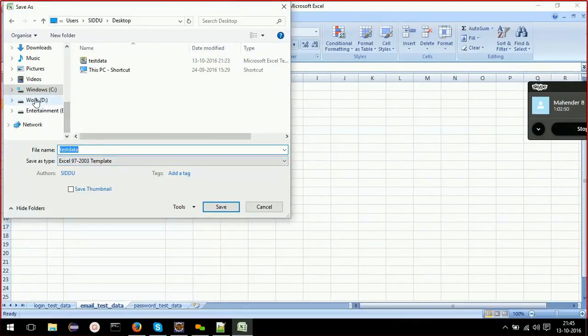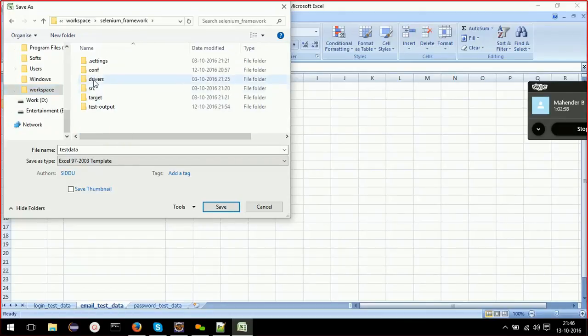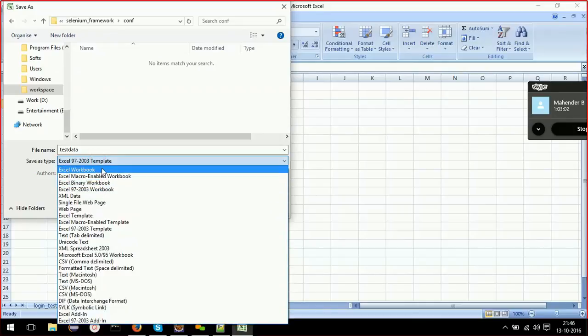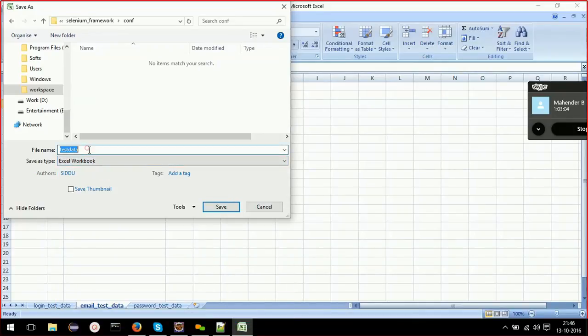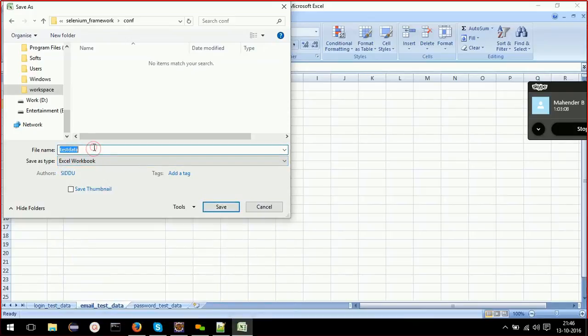So I'll go inside C workspace and Selenium framework. Inside that there is conf. Excel workbook. Okay, I'll name it testdata.xlsx.